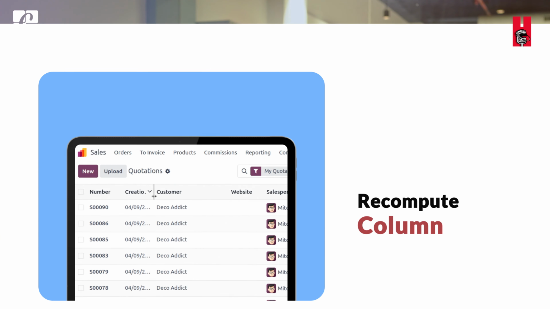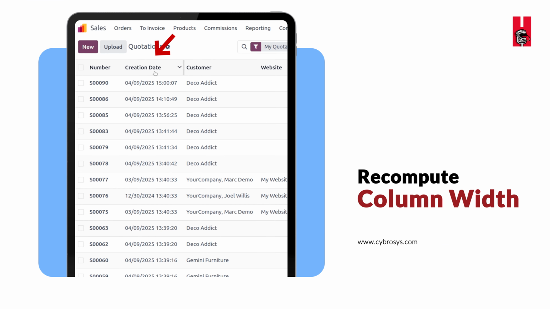If you want to recompute it, just use a column and double click the mouse so that it will automatically adjust the column width. So we don't have to adjust it manually? No, we don't have to stretch it again. We just need to double click. This can be found in every module, everywhere we see a column. Wow, that's really cool. So that's the very first feature which we listed.